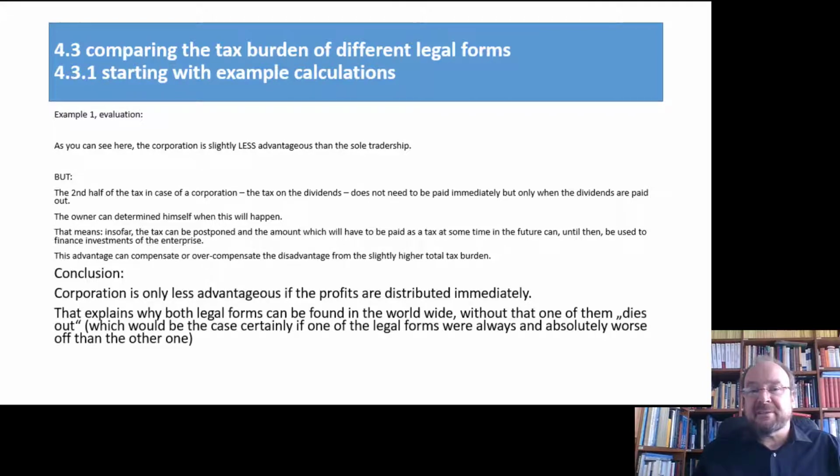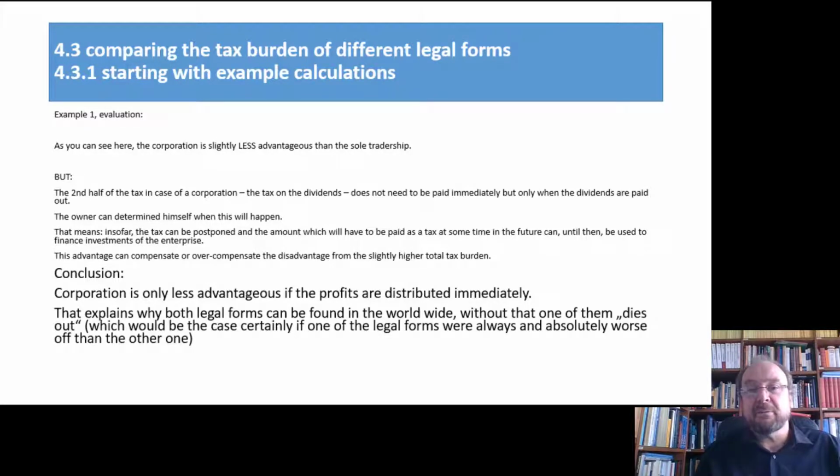And that explains why some people choose the sole tradership and others choose the GmbH. Without that, one of the two legal forms completely dies out. But that, ladies and gentlemen, would happen if one of the two legal forms is definitively and always better than the other one. So the first thing we can learn from this analysis here, it strongly depends on the circumstances,